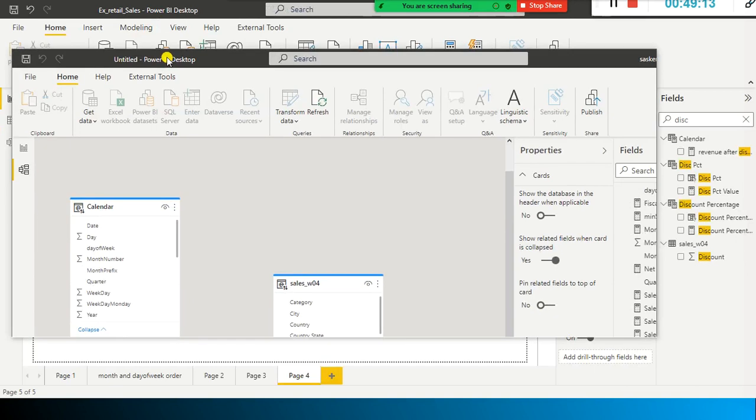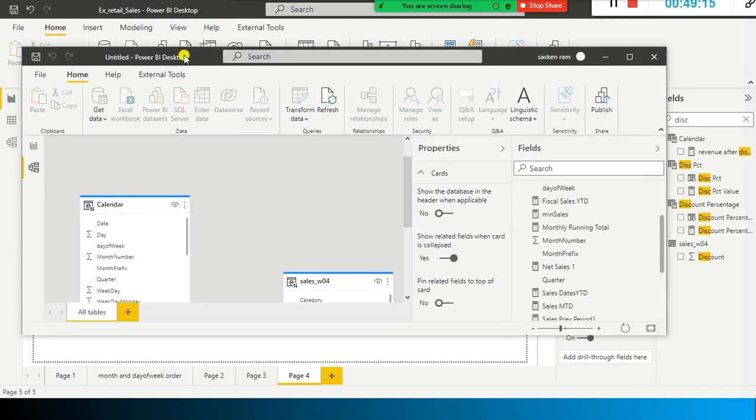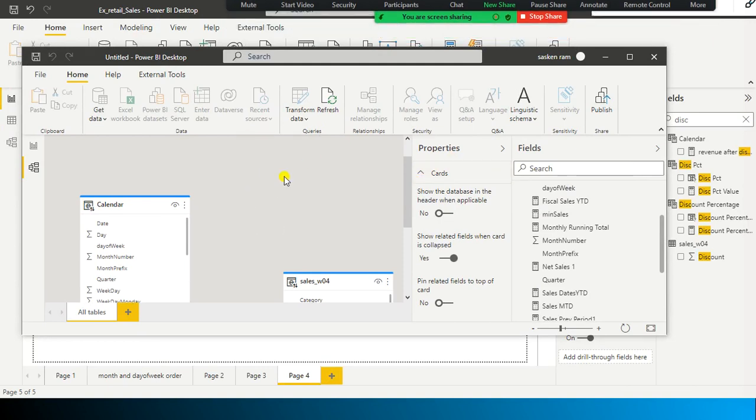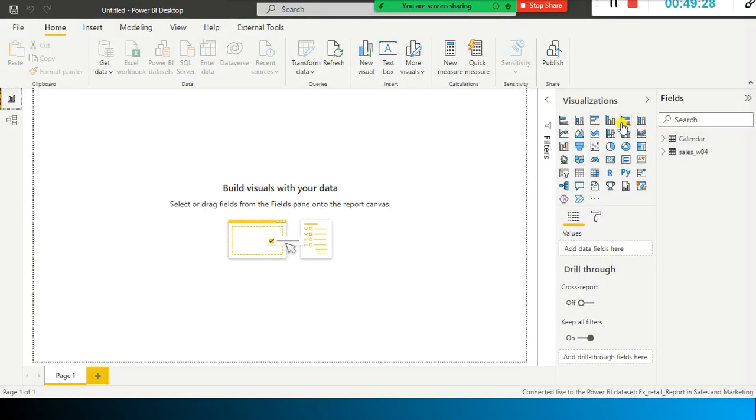Once we design and deploy the data model on Power BI service, we ask all the team members to use it to have centralized control, and also from the security point of view.